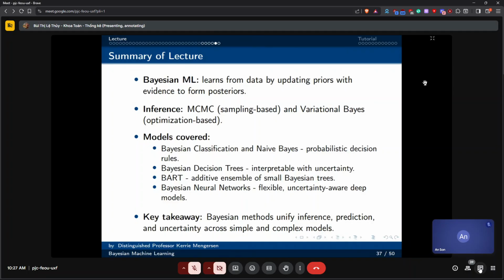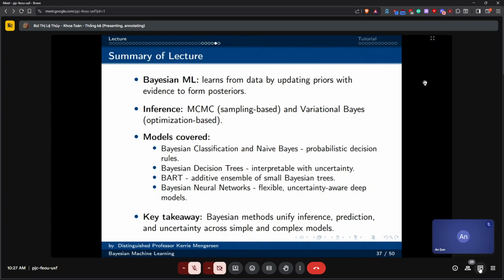Right. So this lecture has talked about Bayesian machine learning. The way that we learn from the data by updating priors with evidence to form posteriors. We also saw inference, so MCMC or sampling-based approaches versus variational Bayes approaches.